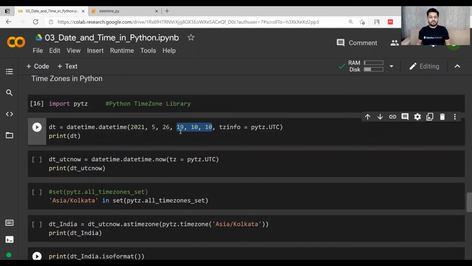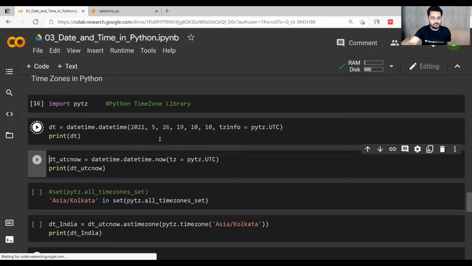So this is a user defined time. You can write it as maybe 21:19:21, something like that, hours, minutes, and seconds. Then you have to give the time zone info as pytz.utc. Let's use this UTC value and print the dt value.